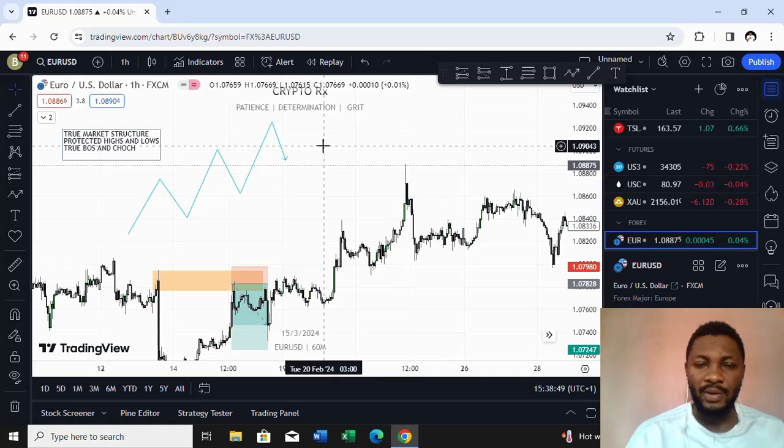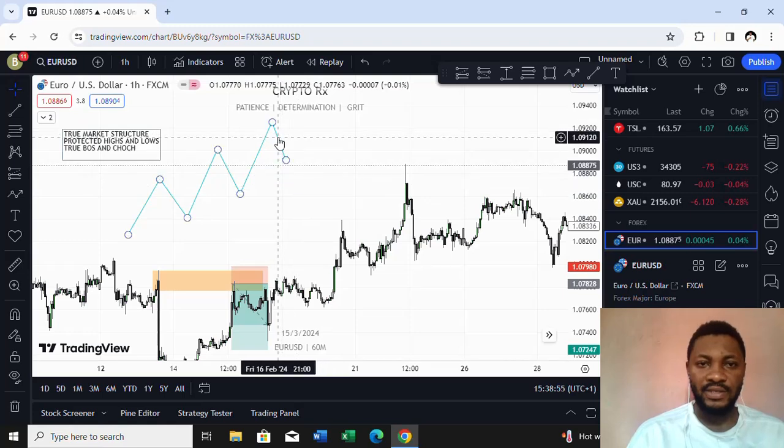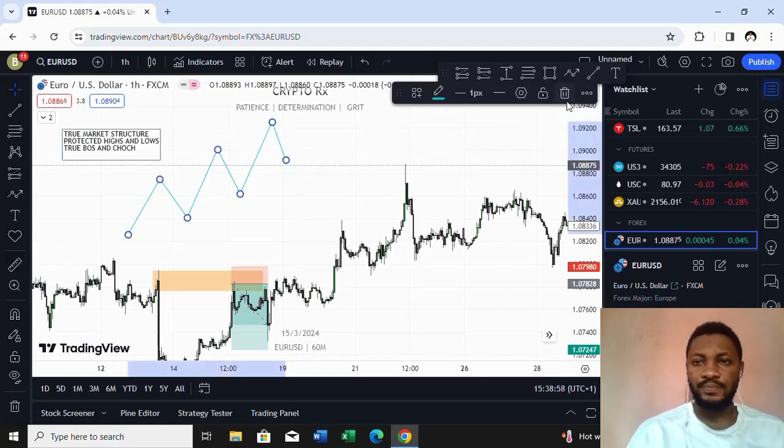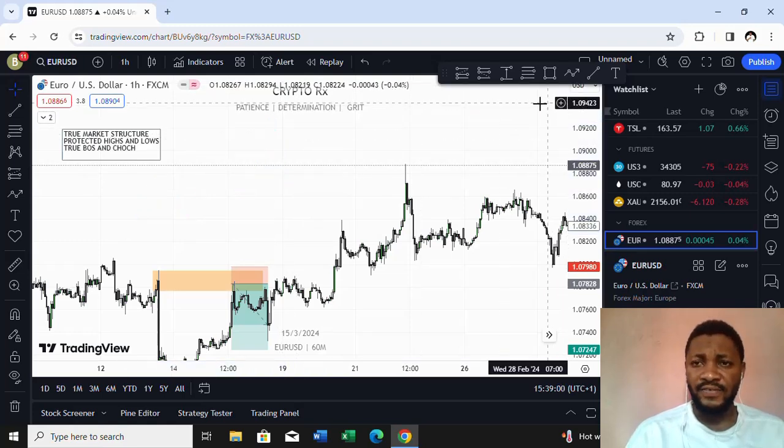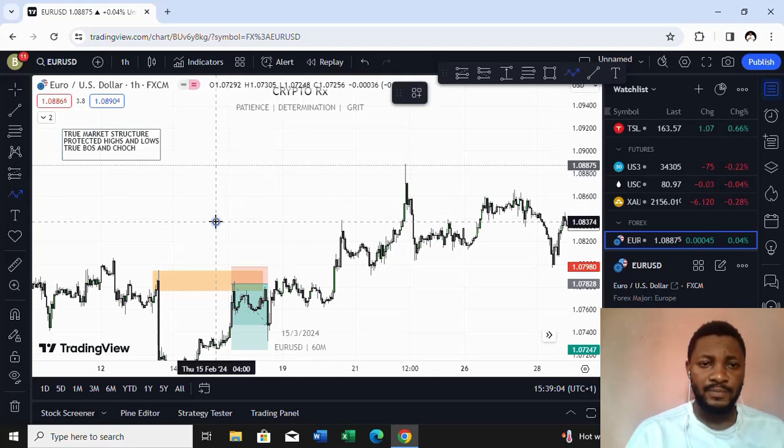Therefore, now we are going to talk about how the market truly moves and how we can identify those moves by ourselves. So first things first, the market moves this way: